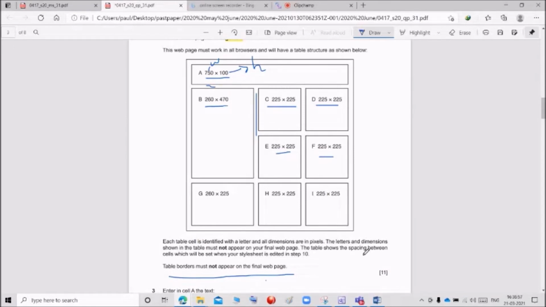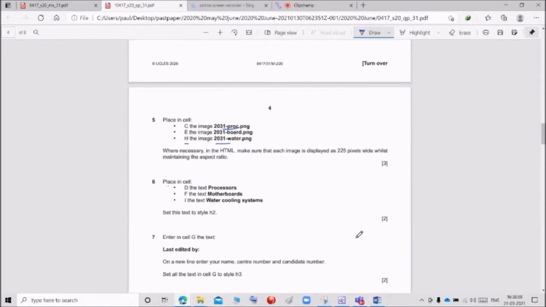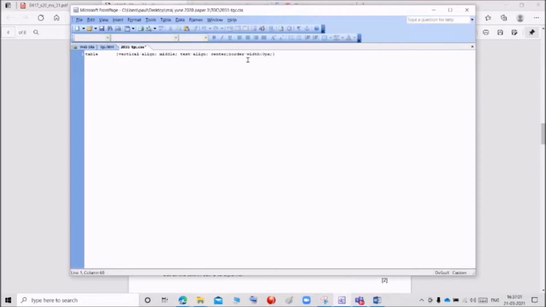Okay, so we are going to give the border collapse separate style in the table. So border collapse separate.